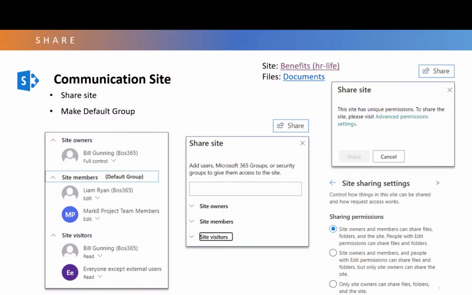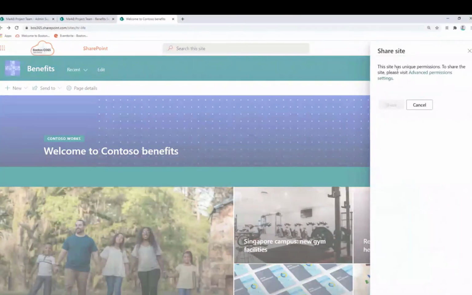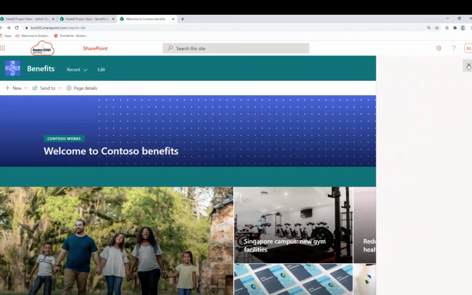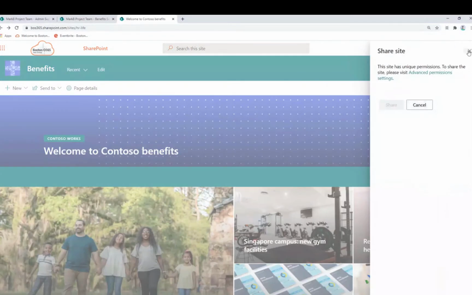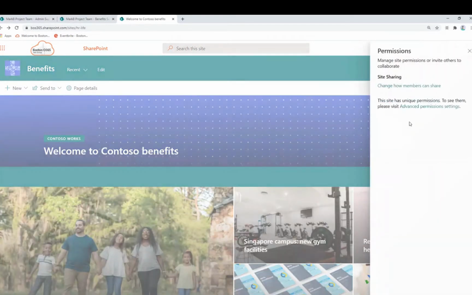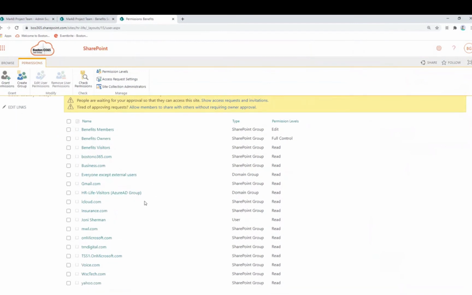Let me just log into the right tenant. And here we go. Cool. So on our tenant here, if you see, when you click share, I can have it come up with this experience. By default, I don't know if that went too fast on that, but that's that experience. By default, it's enabled. So if you go to site permissions, advanced permissions, and so on this site here, I added a lot more security groups. So I'm going to go over that in a minute.